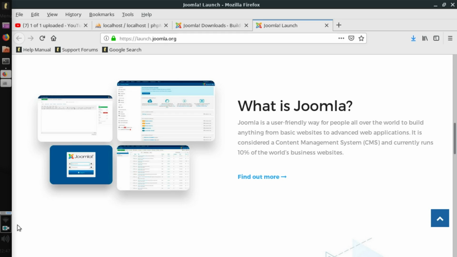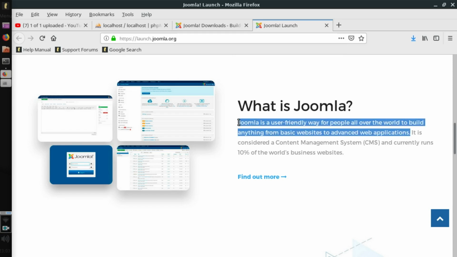So let's see how to install Joomla on your localhost. Joomla is a user-friendly way for people all over the world to build anything from basic websites to advanced web applications. As you can see, Joomla describes here.